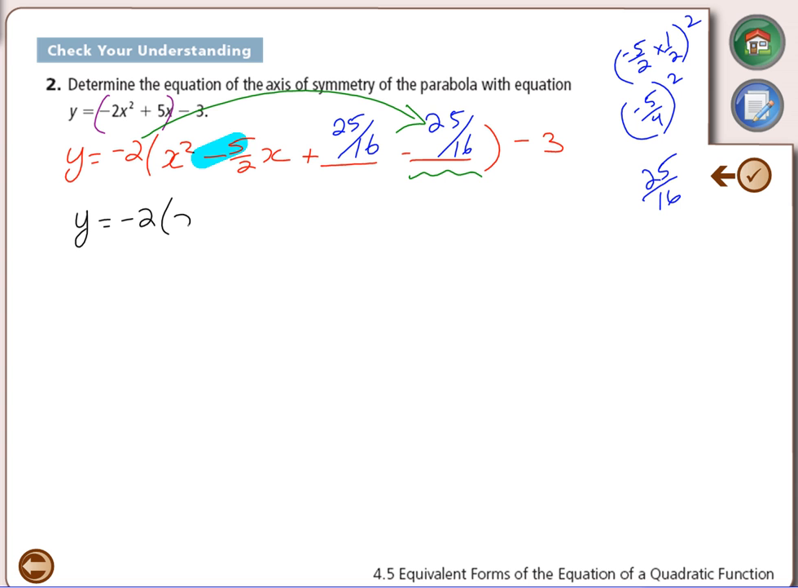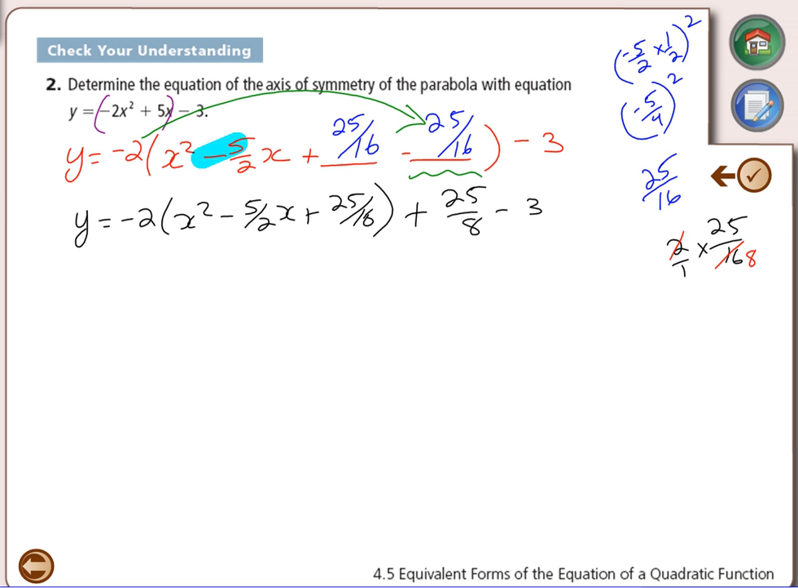Negative 2, bracket x squared minus 5 over 2x plus 25 over 16. 25 over 16, we're multiplying by the negative 2. That's going to make it positive. That's like 2 over 1. I'll just write it on the side here. We're multiplying it by the 2 over 1. Divide first. That's going to leave me with 8 there. So we've got 25 over 8